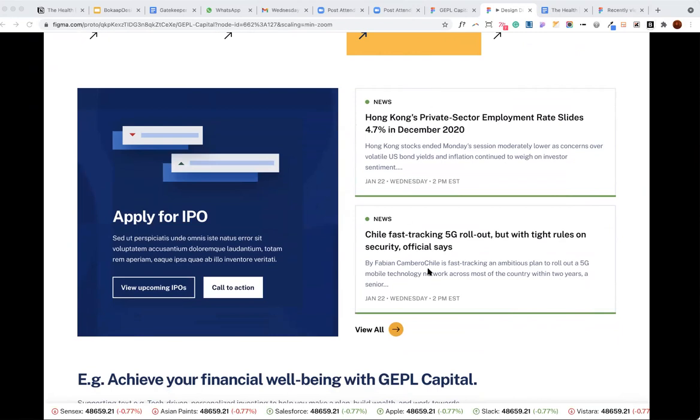This information here on the right hand side, which is the news, we're giving you a place to put a headline. So this is an image, or what are these things about applying for an IPO? These are graphics that go with the headline of apply for IPO, but these are placeholders right now.